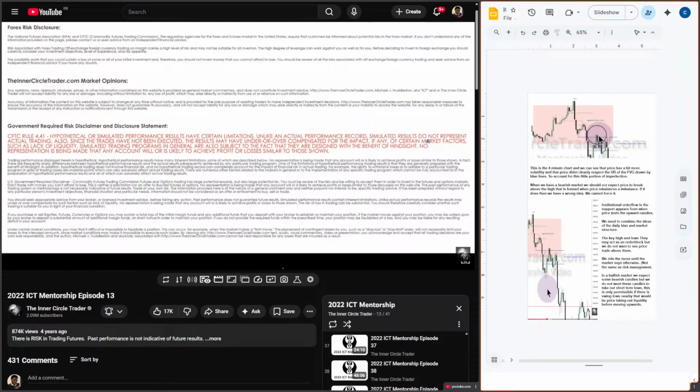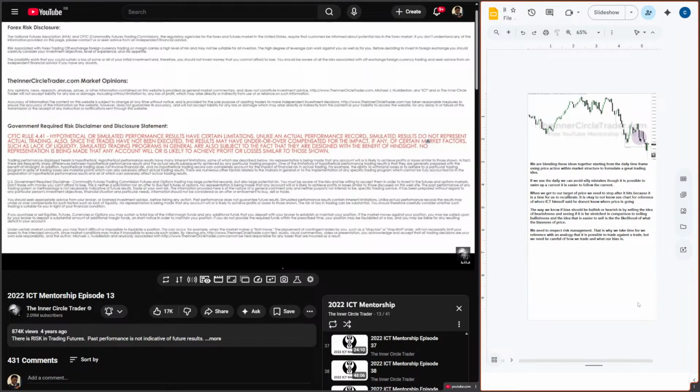We also learned about what our version of support and resistance is. If we're bearish, we're looking at the upward candles as our support or resistance in that instance. And if we're bullish, it will be the downward candles that we'll be using as our support, because that's where institutional order flow comes from, where they get into the markets again. And obviously with their impact and the algorithm and their force in the market, they would be pushing price towards the direction it's going.